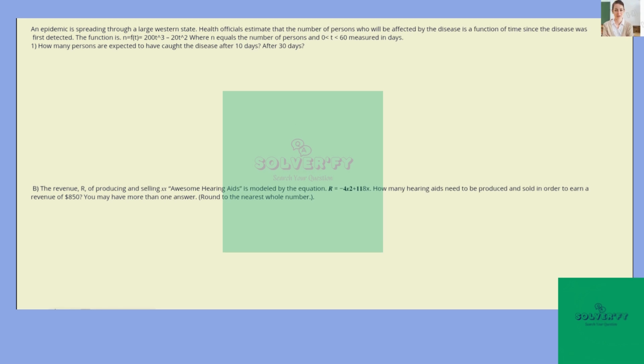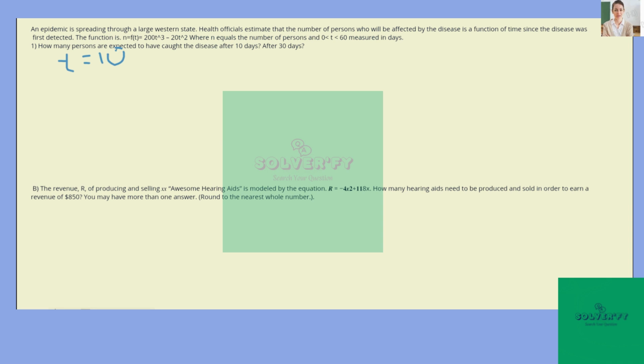So for this first problem, we are given an equation for an epidemic, and we see we have a function that shows the number of people who will be affected. Now we want to figure out how many are going to have the disease after 10 days and after 30 days. Since t represents days, to figure out 10 days, we're just going to take t and plug it in